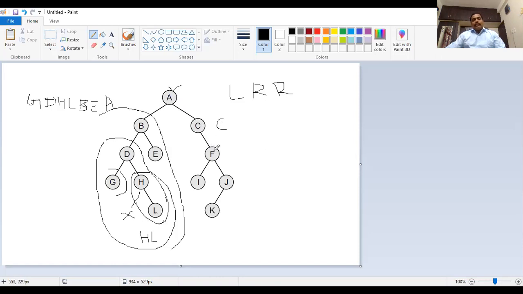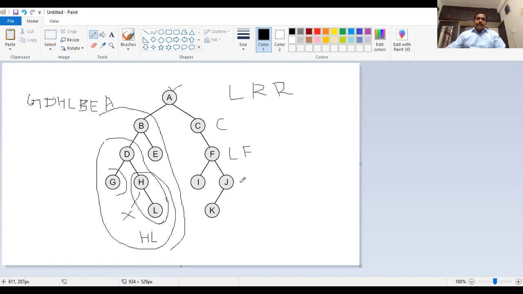In the right side we are going to this portion. F has another child, a left child node is there. So what will we do first for this portion? We will go for left, root, right. So we will go for left first. When we are visiting F, we will check left, then root F, then the right side.